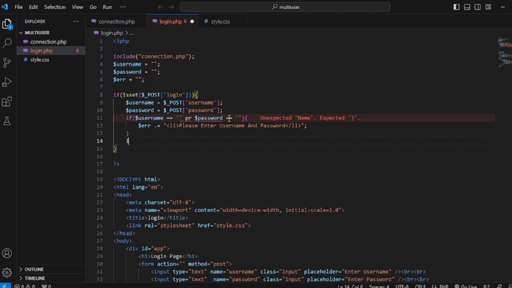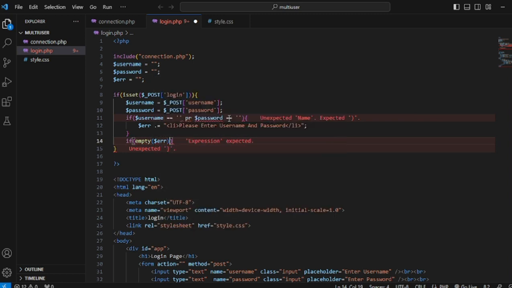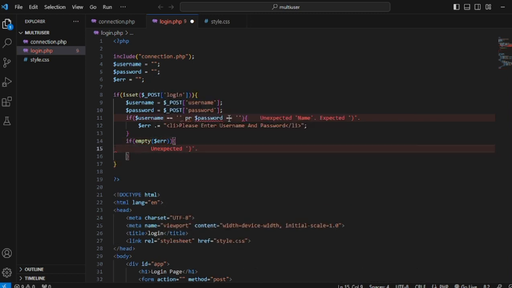And then if it's empty, the err, and then we're gonna make